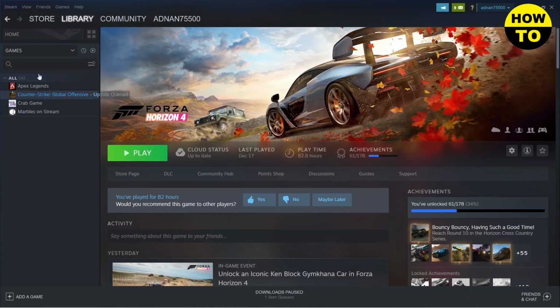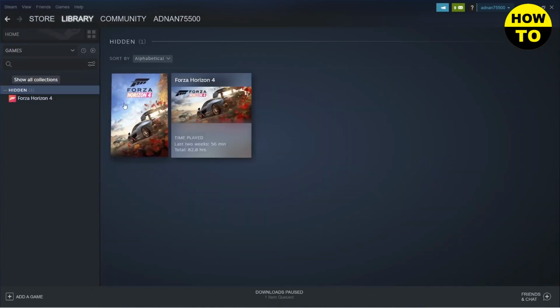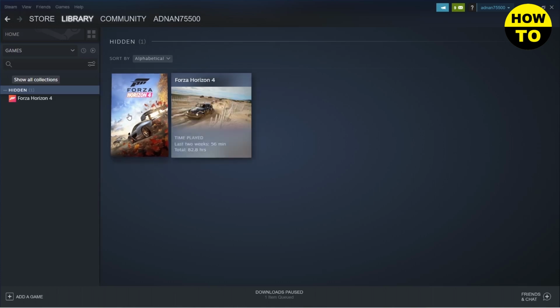So for that you need to go to your view on the top left near the Steam button, click on view and then click on hidden games. So here you can see that your hidden game is available. So if you want to play, you can just play by clicking on it, but if you want to unhide